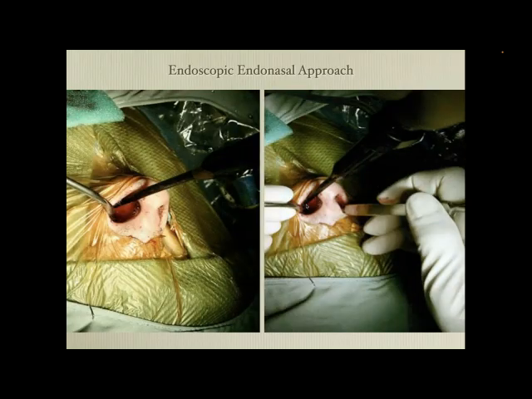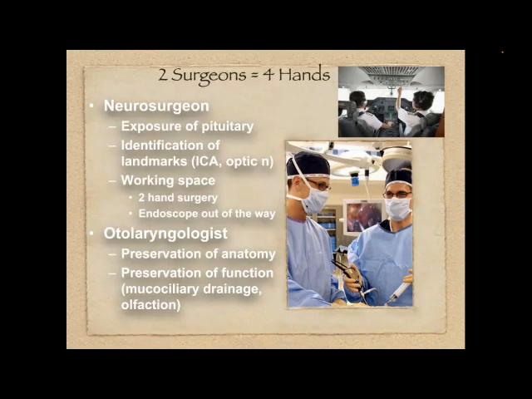And this is how we do it. We work with an endoscope at the 12 o'clock position in the right nostril, and this is working with two surgeons working side by side, and a suction in one nostril and maybe a dissecting instrument in the other. And we've also created these protective sleeves for the nose that we use, and you might see those in some of the videos here.